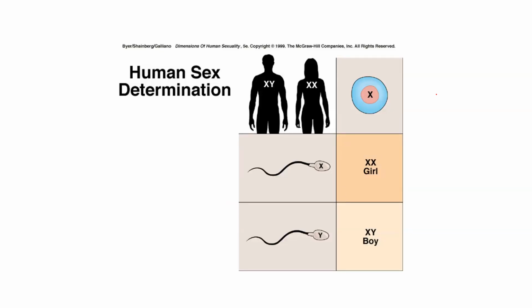Here's the thing. There is a slight bias towards female offspring, right? Being born. So slightly more female offspring will be born than male offspring